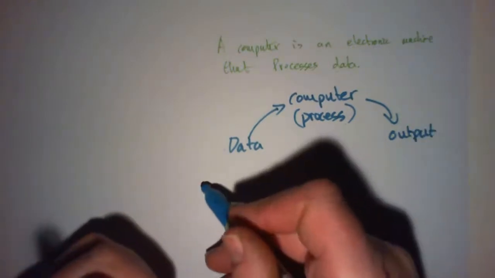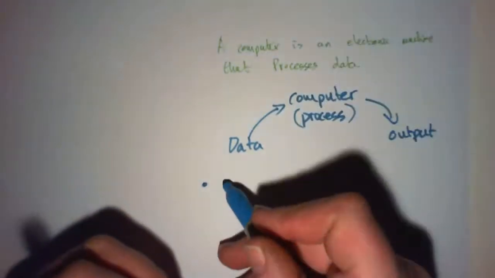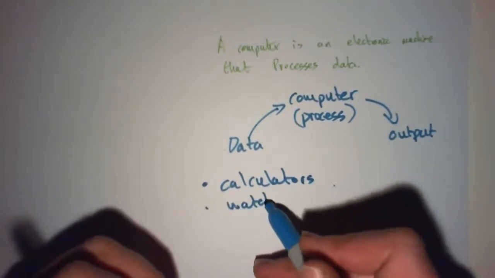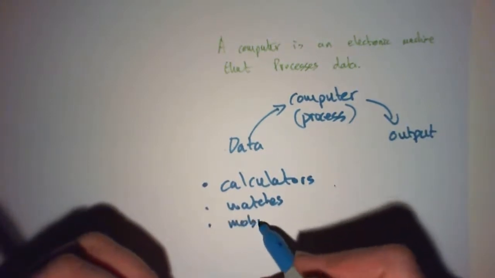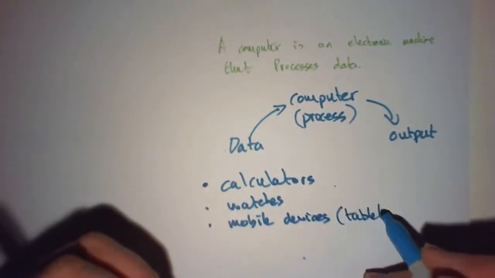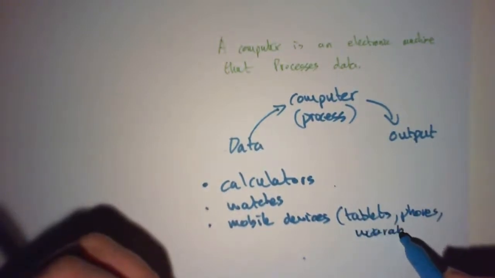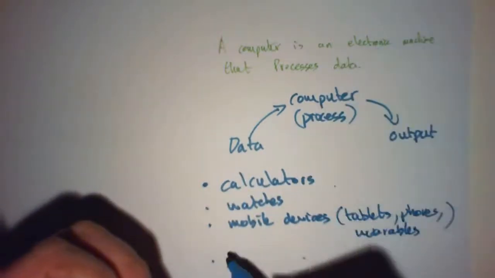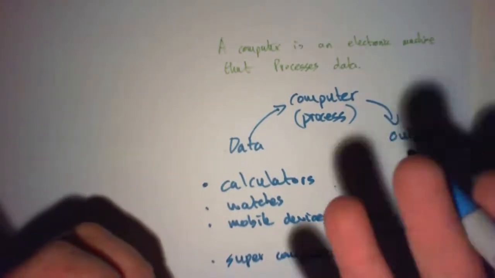So obviously there's many types of computer systems. Okay, they range from small little devices like calculators, watches, mobile devices, tablets, phones, wearables, right up to large supercomputers that are used by banks. Supercomputers. Okay,